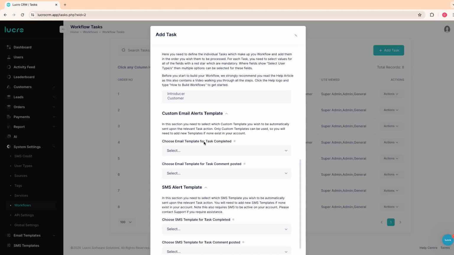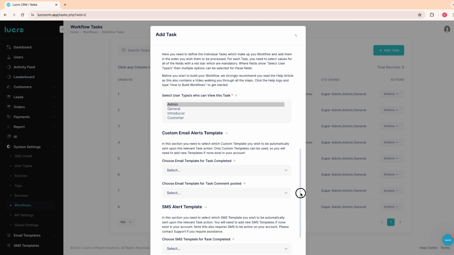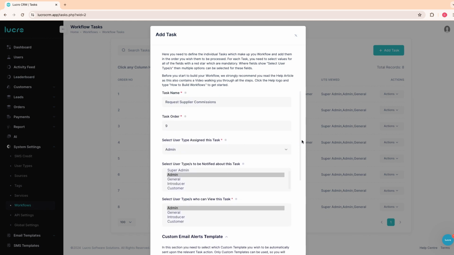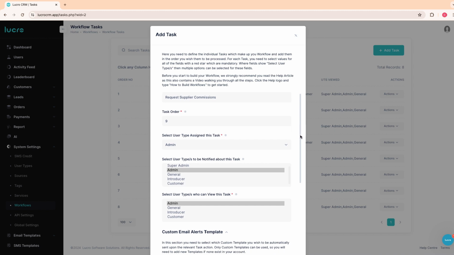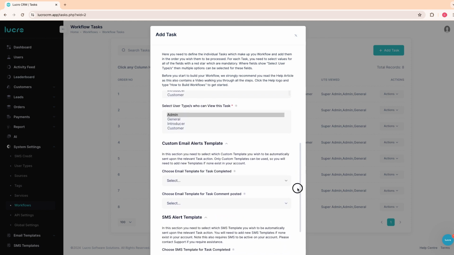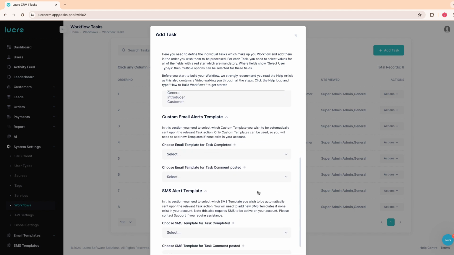Okay, now here I have the ability to select custom templates. Now, because the only user type in this instance is internal, I don't need to define a custom template because there's a standard template which basically sends to the user type here about who's being notified. It's a standard template which you'll see in the email template system. So I don't need to therefore select any custom templates because they are normally for when you're notifying user type customer, which doesn't apply in this instance. Okay, I'm not going to send an SMS template either because it's an internal user,